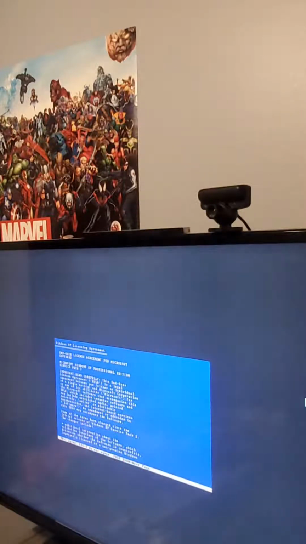So this is Windows XP Professional. Oh, wait, no. Is it Home Edition? No, it's not Home Edition. This is Windows XP Professional Edition. Professional Edition. Service Pack 3. So I got the Service Pack 3 on here. So important, read carefully. We're just going to read through